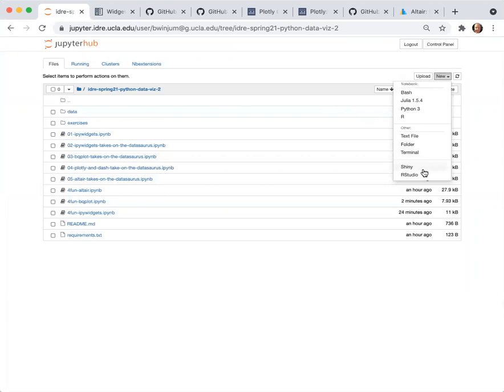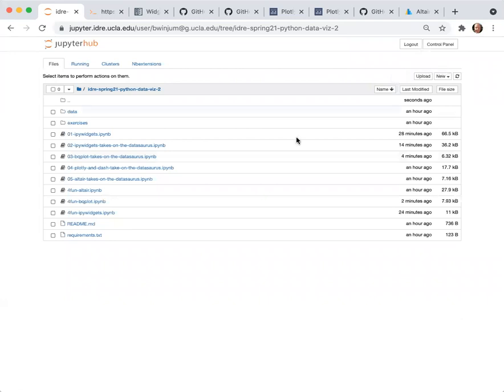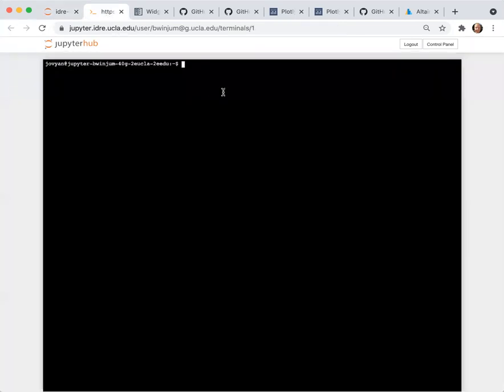So there's one library that I didn't have time to install on this, since there are a lot of people using the Jupyter Hub and I didn't want to interfere with them. But if you want to interact with this notebook, come back to your file menu, go up to the new button, and open up a new terminal. We have to install something here.